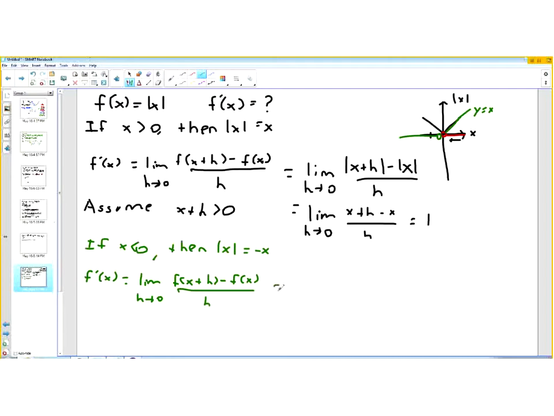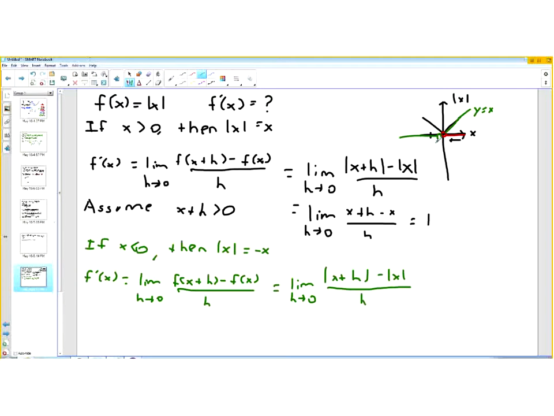And so I'll plug in the definition for f, and so that would be the limit as h approaches 0 of the absolute value of x plus h minus the absolute value of x, divided by h. Now, since h is approaching 0 from the left,